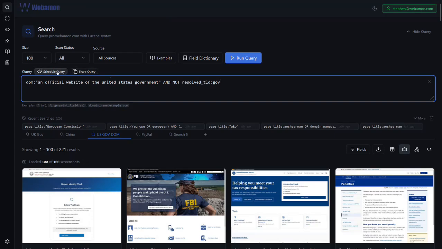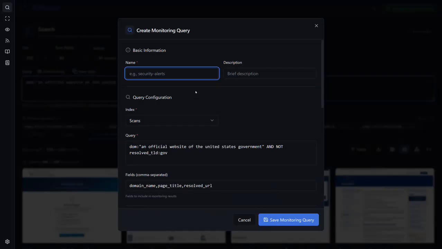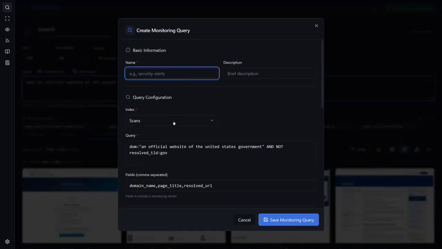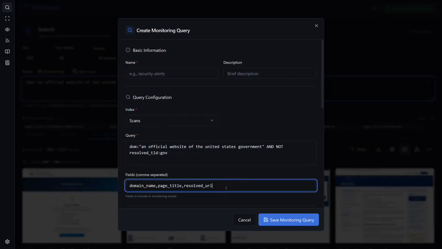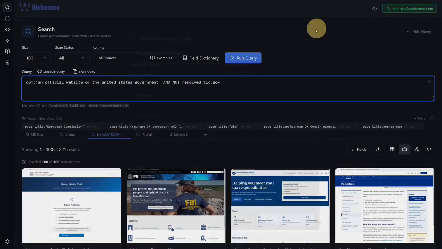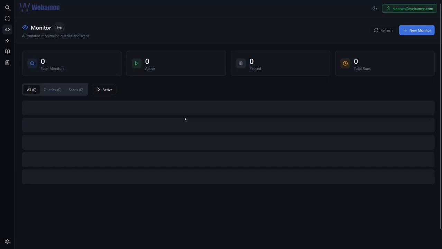We can click on Schedule Query. And again, it comes up with our query creation. We can select the fields that we want to return. So maybe we also want to return the server.ip. Maybe we also want to return the tag. So these are all comma separated values. Can save that, and when it comes to reviewing our monitors on /monitor,